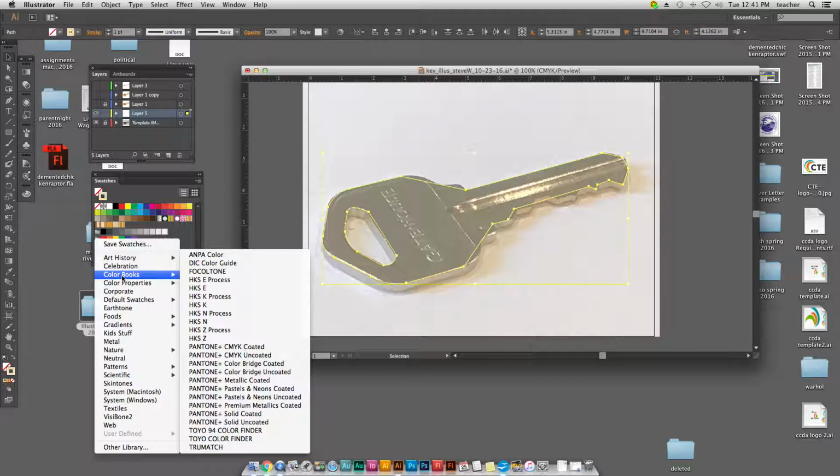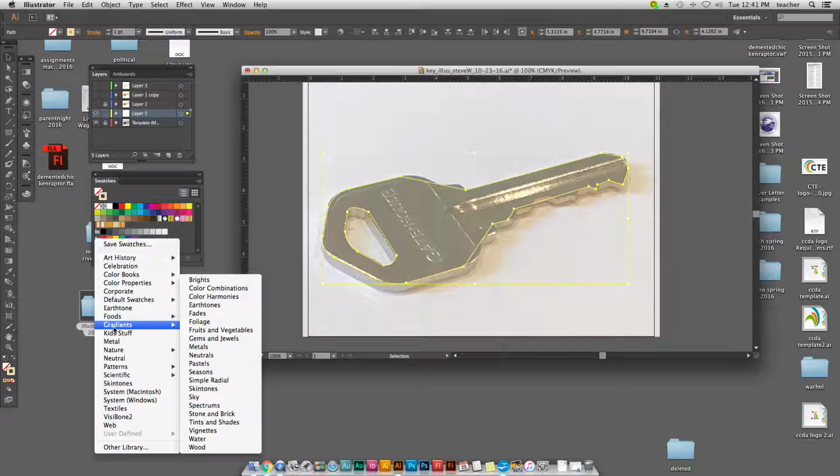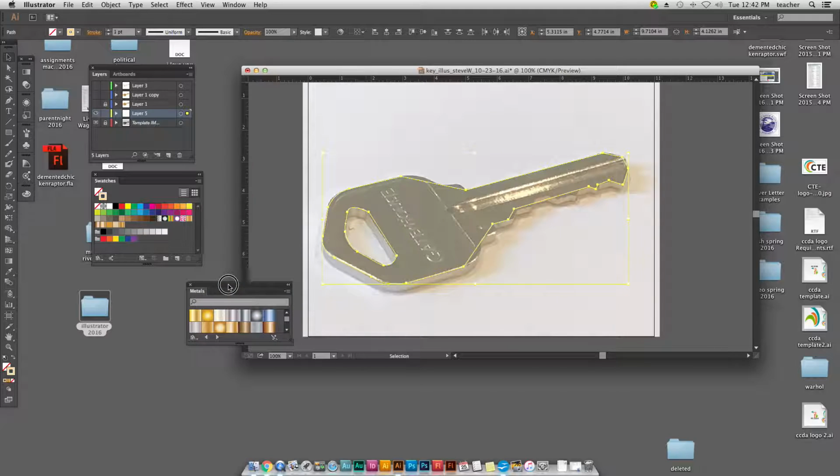Right, the Pantone colors. That's inside the color books, right? Well, what we're going to do, we're going to go to gradients and look at all the things we have. We have fruits and vegetables, gems and jewels. We have this one called metals. So I'm going to open that up. And if I select gold,